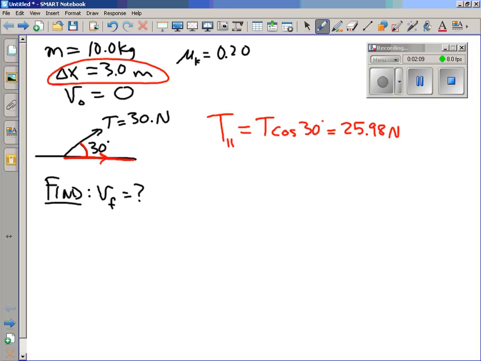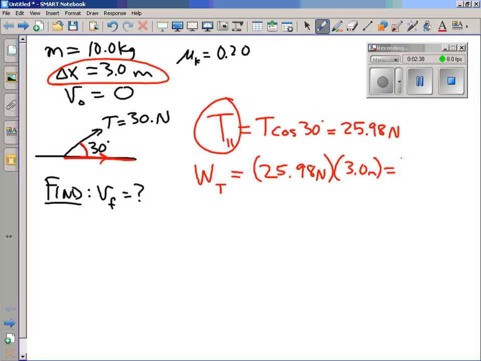All right, so that means that the work done by the tension is equal to the work done by the tension that is parallel to the direction of motion. So that's this here. So the work done by the tension is equal to the parallel component, 25.98 newtons, times the displacement, 3 meters. And so that equals 77.94